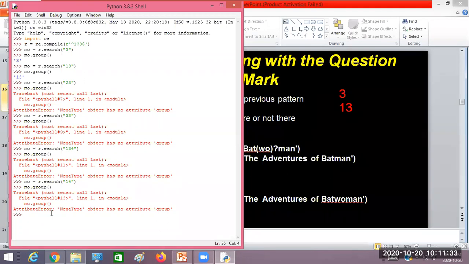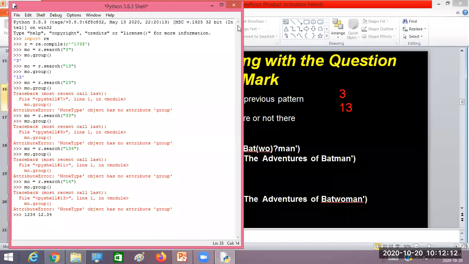Difference between integer and floating point. See, my requirement now is to write a pattern that matches either a 4-digit integer number or a floating point number. For example, if I enter 1, 2, 3, 4, it should match because it's a 4-digit integer number. Or suppose I enter 12.34, so it is 5-digit data, but the dot is there in the data, so it should match again. 12.34 should be matched, right?